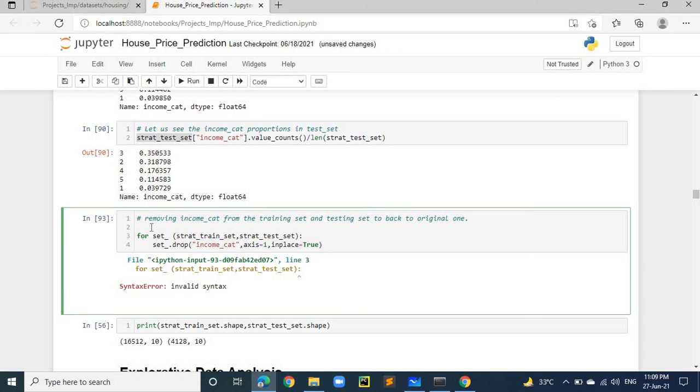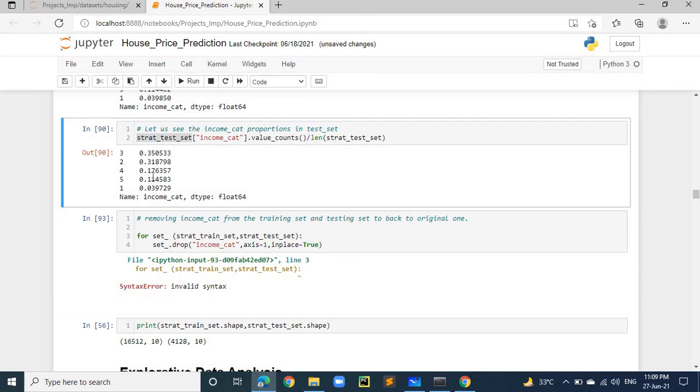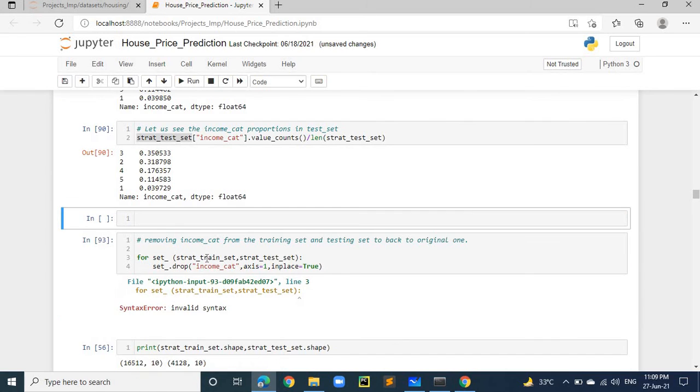So we'll see here how to drop the income category, because we created it only for splitting our data. Now it is not necessary for a model, so you can drop that one.